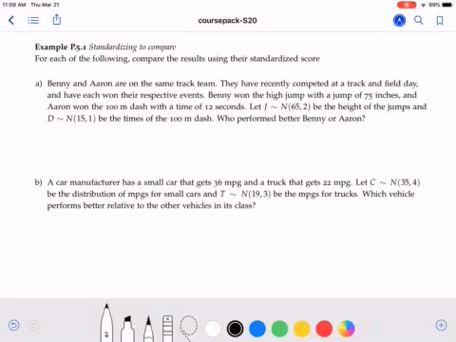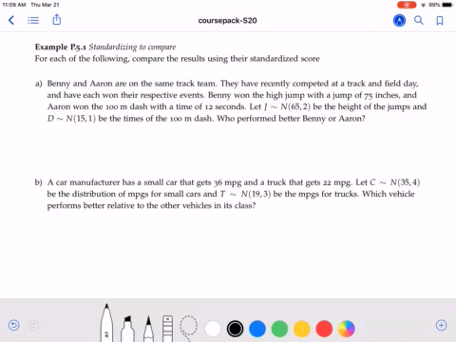One of the uses of finding a z-score is to directly compare two quantities that might not come from the same distribution. So in part A, Benny and Aaron are on the same track team, and they've recently competed on track and field day, and they both won their events. Benny won the high jump with a jump of 75 inches,